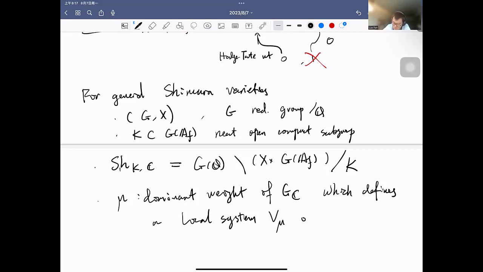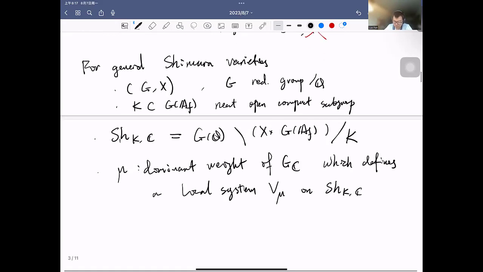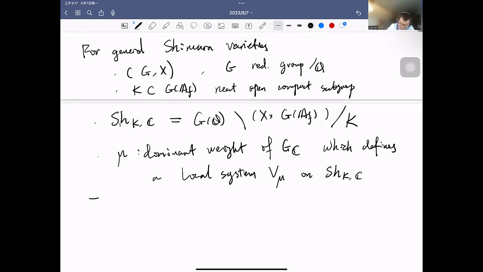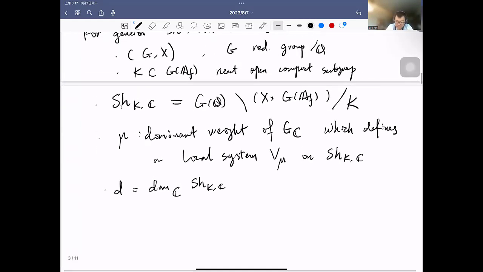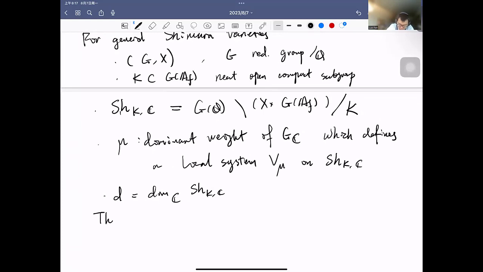V mu on my Shimura variety. Then, sorry, just one more notation. Throughout this talk, I will always use D to denote the dimension of my Shimura variety, which is also the dimension of X. Then the cohomology of this